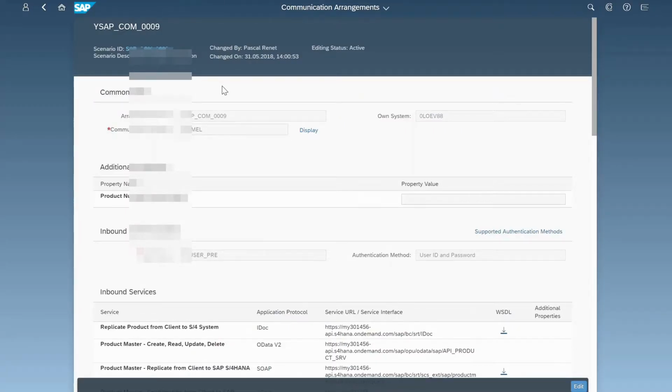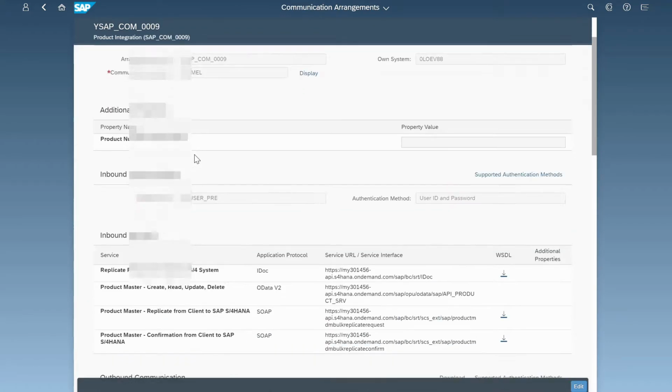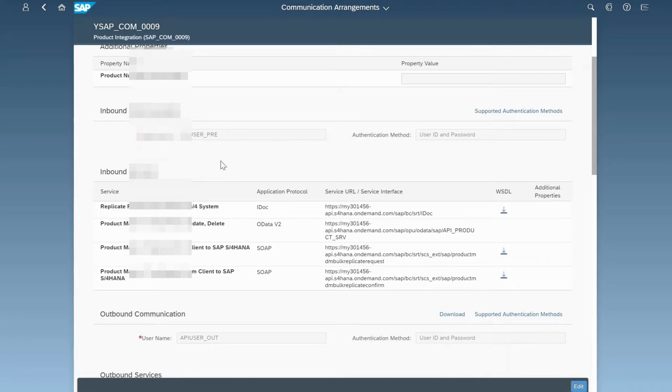And so in my S/4HANA Cloud system here, what I have done is I have created my own arrangement. I have also created a communication user and assigned a password to him. There's a separate app for that called the communication user, and that's the one that you should use to create those communication users. It's important because that's the communication user that I'm going to be using to call the API